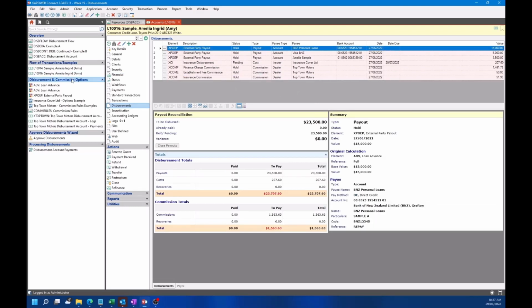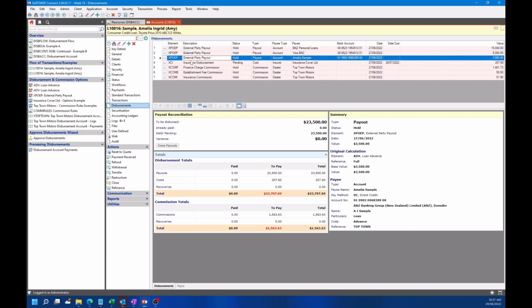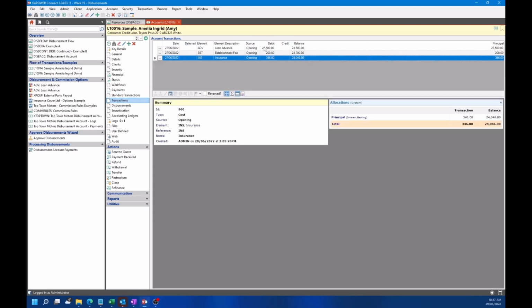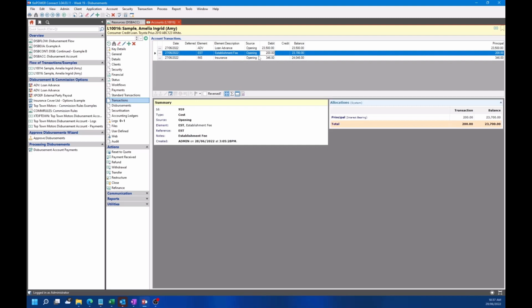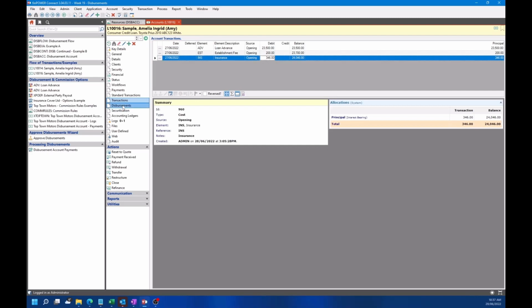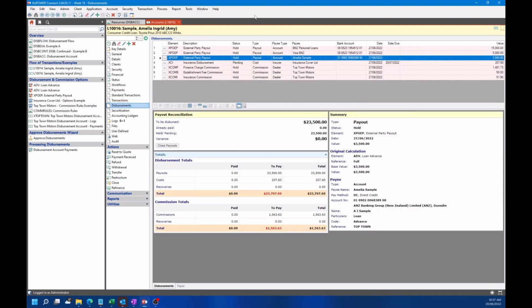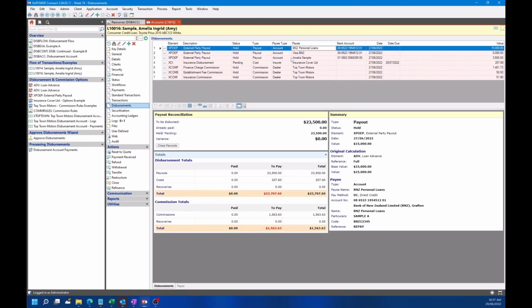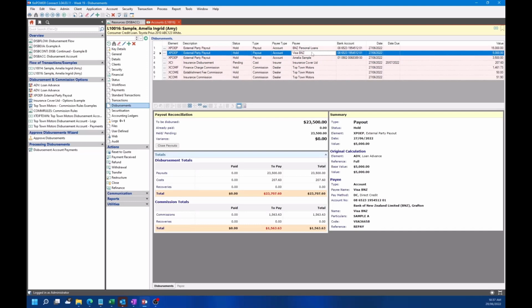This example here is another one where we've got a debt consolidation example showing that on the transactions page you've got the one loan advance, the fee and an insurance premium, whereas on our disbursements page you can see the full real world breakdown of how that's going to go. So we've got 15 going to BNZ personal loans, one to Visa and another one to the client direct,